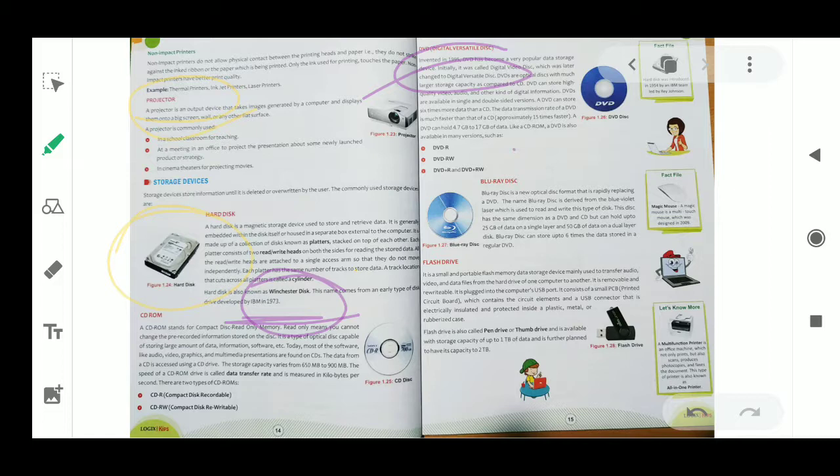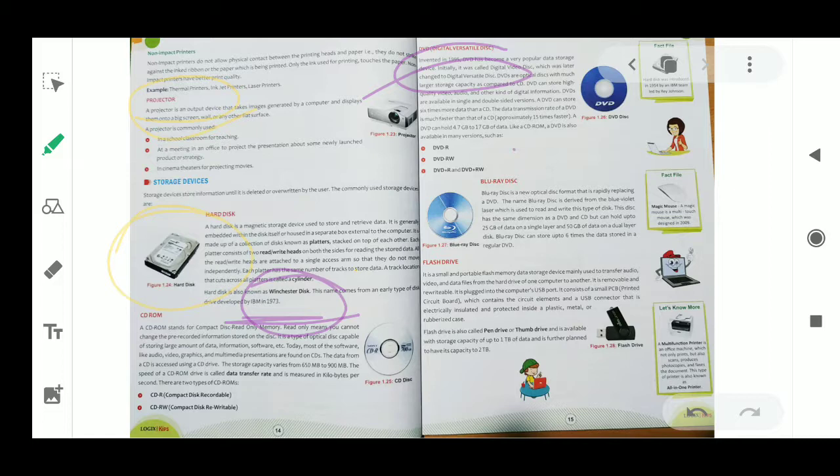The maximum capacity is 4.7 GB to 17 GB, and it is approximately 15 times faster than the CD. That's why it was the most popular one.